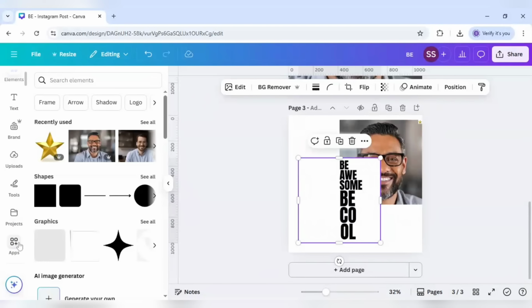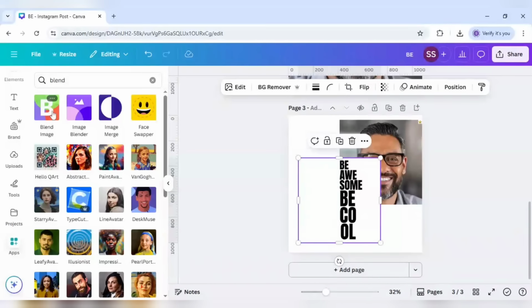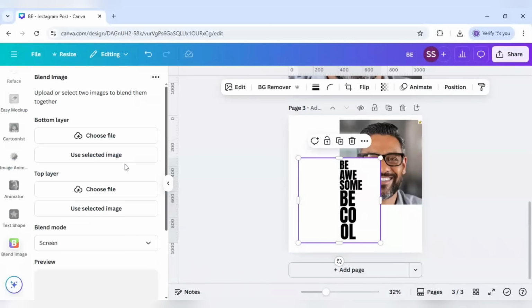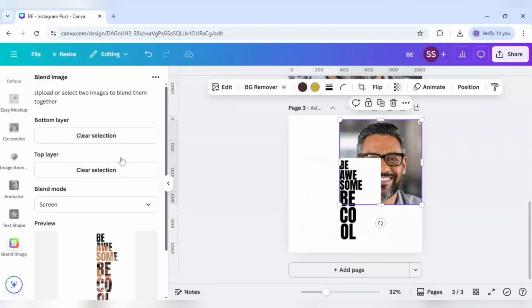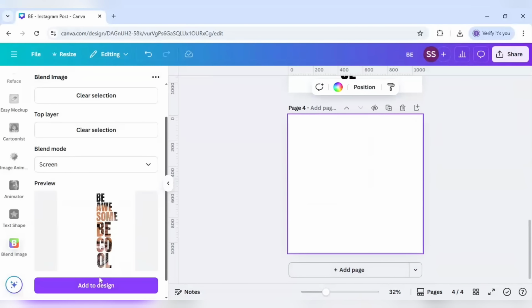Okay. Now I will go to apps, and here I will write blend. Okay, click on blend image and select the upper layer with the text or the top layer, and the bottom layer will be this one, the face or the portrait, and make sure the blend mode is in screen and add page and add this